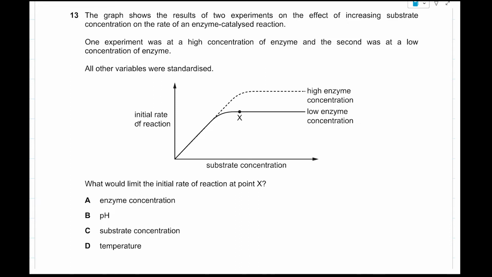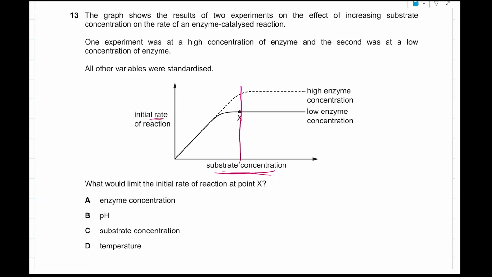So here we have the initial rate of reaction, and here we have the substrate concentration. And here we have high enzyme concentration and low enzyme concentration. So at this point right here, the substrate concentration is constant. Therefore, the only option here that would limit the initial rate of reaction is the enzyme concentration, because a limiting factor,